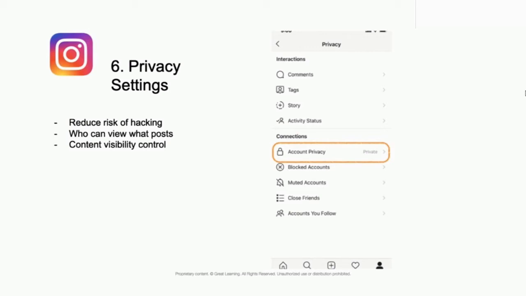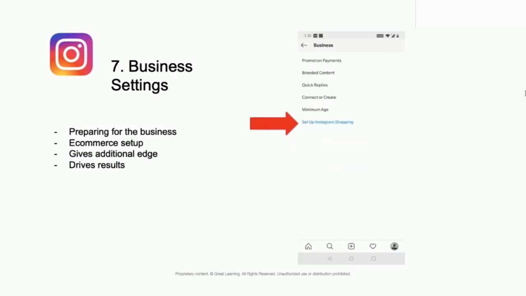Whether it's a private account, a public account or a business account, you can control that at your end. And it gives you a lot of content visibility control, which you can change at any point of time. But it's important that your privacy settings are set so that there is no damage to your account in the future.